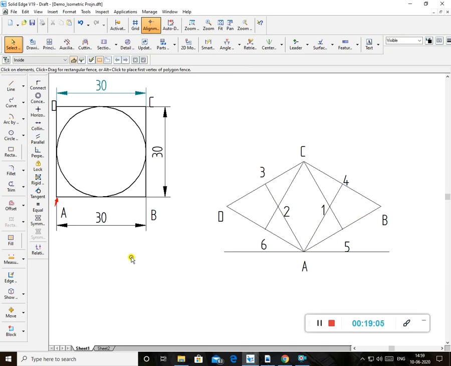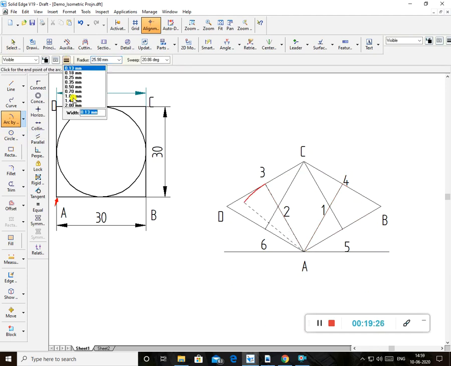Okay, now what you do? Set the compass. Take the compass and keep the pointer of the compass on A and take A4 as radius. A4 and A3 are the same. With A3 or A4 as radius, you draw the arc. I'll draw the arc from here, A3. You draw the arc as a thick line.